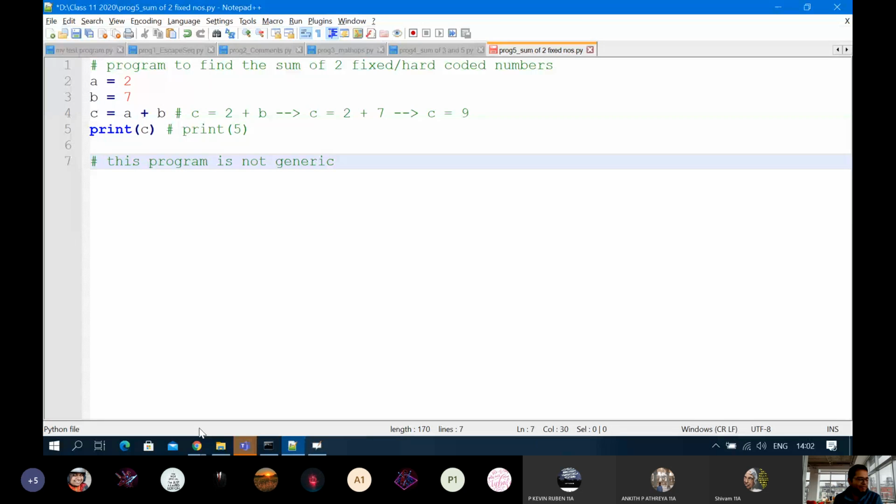Wouldn't it be wonderful if we gave some option to the user who is running the program to enter his or her value, a value of his or her own choice, and then execute? That will be wonderful, and that will make this program more generic, and that means all the people can use it to find their own sum of their own two numbers, right? So how do we do that?